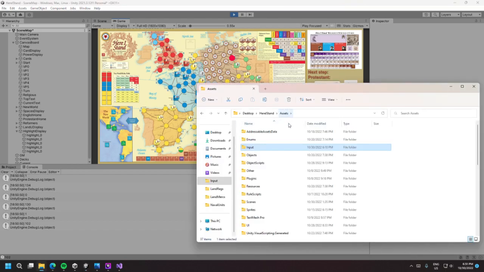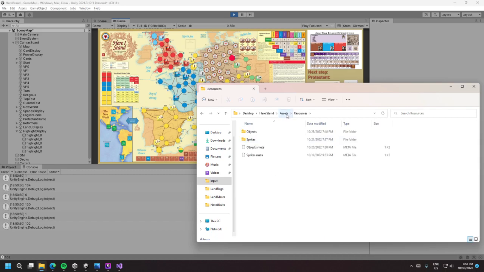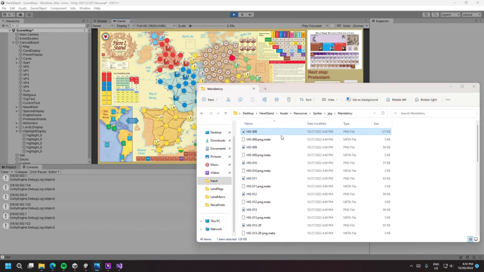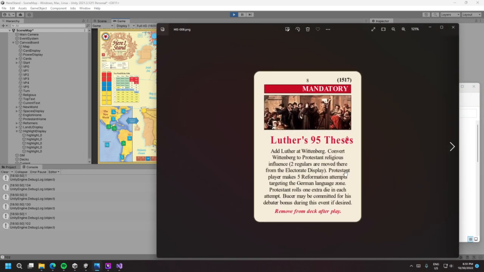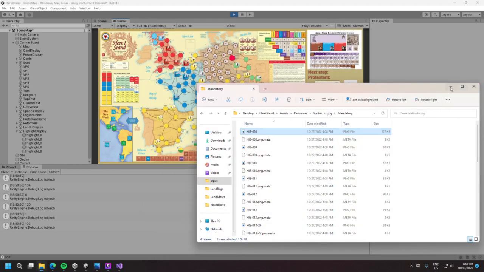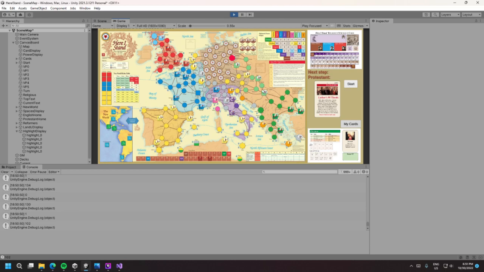I think this one should already be Protestant, if I'm not mistaken. This one should just be Protestant, right? Yeah, convert Wittenberg to Protestant religious influence, and then we add 2 regulars. We should also take away the 2 regulars in